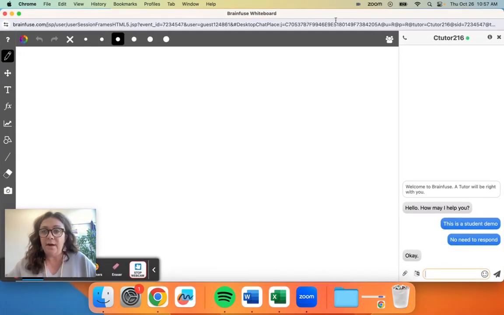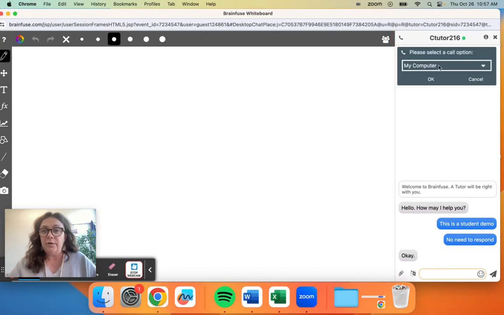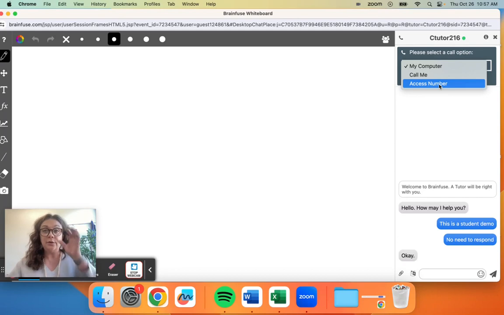So we have the option up here where this little phone symbol is. This is where we can connect to audio. So you can see here, you can connect via your computer. You can ask your tutor to call you, or you can request an access number. So it gives you three options. I think the easiest is through your computer, but if for some reason your microphone doesn't work, you can get an access number and you can call in and have your phone on speaker so that you're able to talk to your tutor